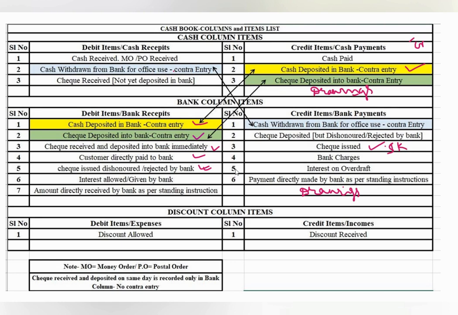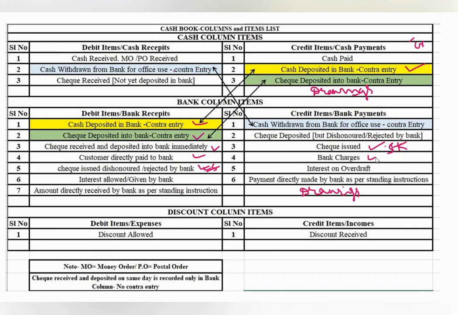Next, what will happen? That entry that I had already recorded, that I have paid a 5,000 cheque to you, I need to remove from my books of account, right? Accounting books. But I have already recorded this entry. So I cannot erase that entry using an eraser or a whitener, I said already, right? So what I need to do is record one more entry here, showing that the cheque issued is dishonored or rejected by the bank for 5,000 rupees. Then this credit amount and debit amount get balanced and that will become 0. Okay, next,